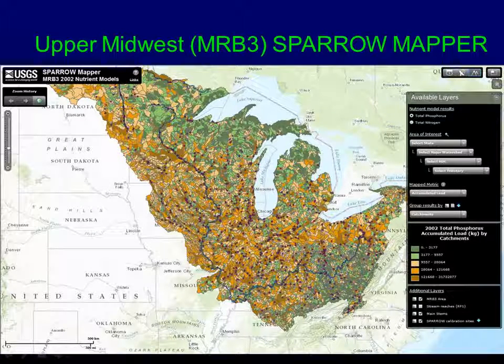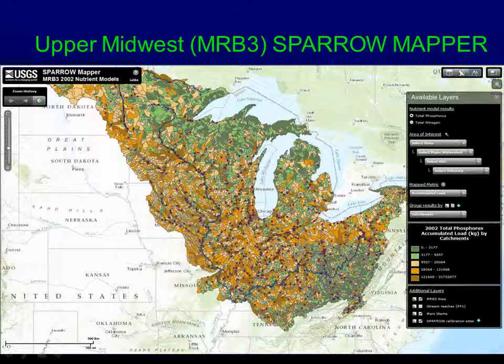We can go through with a click of the button. We can change between phosphorus and nitrogen, and this shows you the entire area. This one right now is showing you the accumulated load, so it's getting a little bit bigger as you get closer to the main stems. But that's showing you the load at any of those individual basins, and it'll gradually increase as you're going downstream. So that's what we have. We can click between those two.